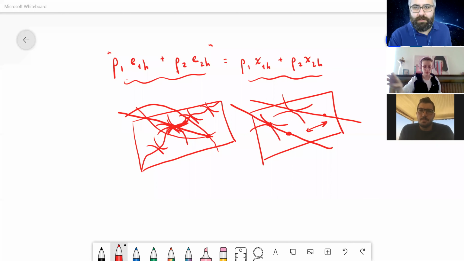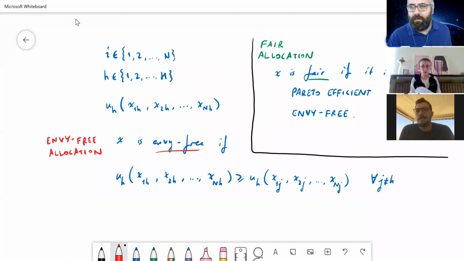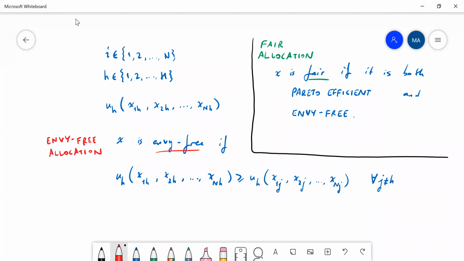Okay, welcome back. Now, we have a couple more things to share about the welfare properties. Basically, what I want to define now are two things. First is the concept of envy-freeness, okay? And the second is the concept of fairness, all right?